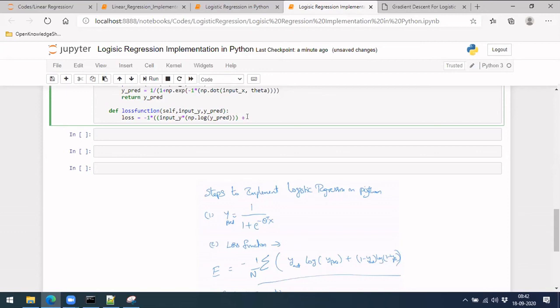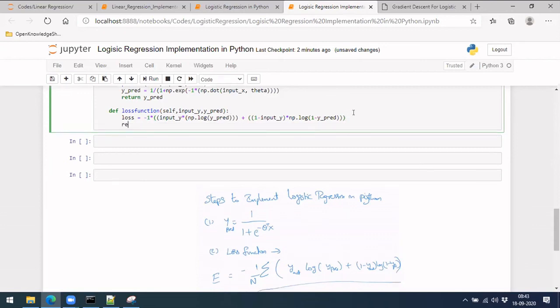Plus we have 1 minus y input into log of 1 minus y. Let me put this in a bracket again. So now we have implemented this loss function.